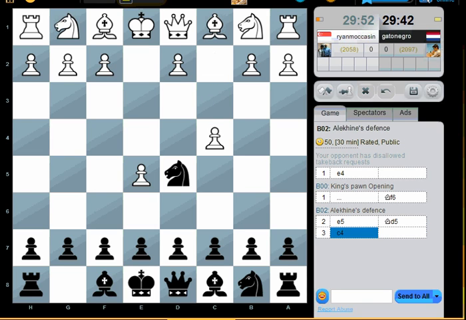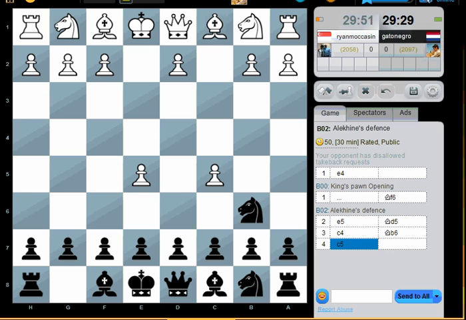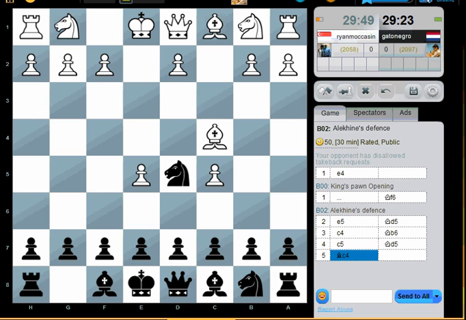Okay, I just started this game and it's a 30 minute game. My opponent is rated 2058. Now my idea is to comment on this game while I play it. This is a variation that I don't meet very much, but my idea is to make a commentary on this game, and then I'm going to